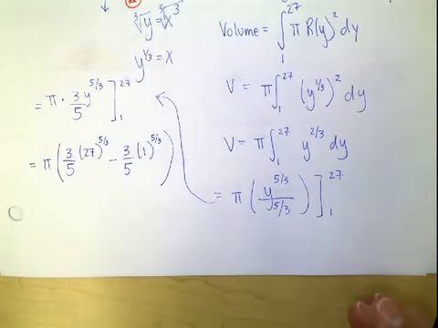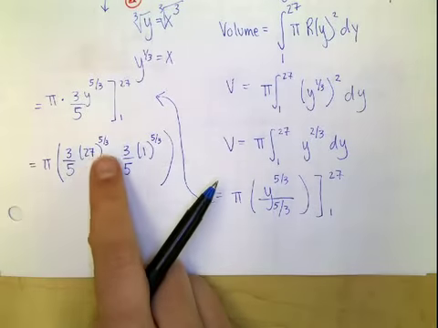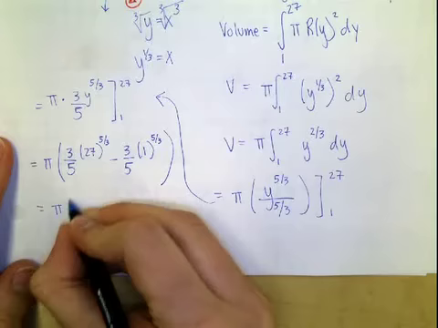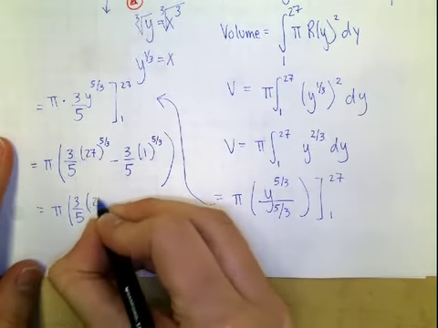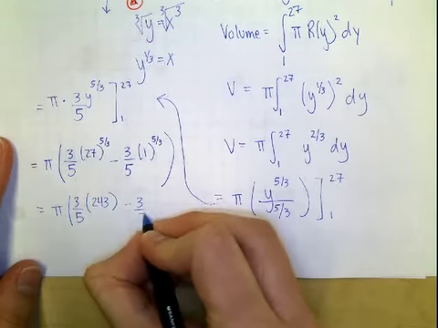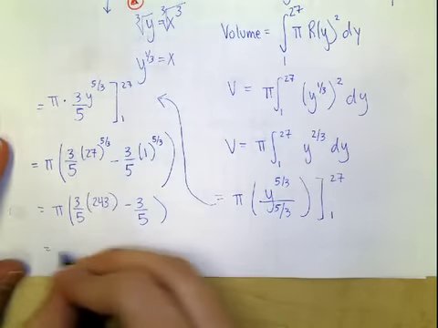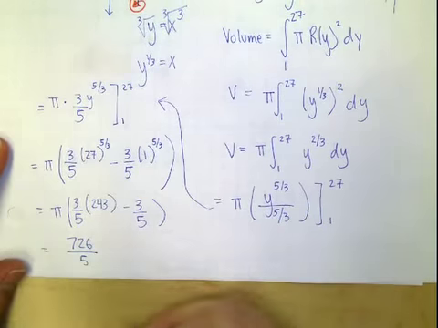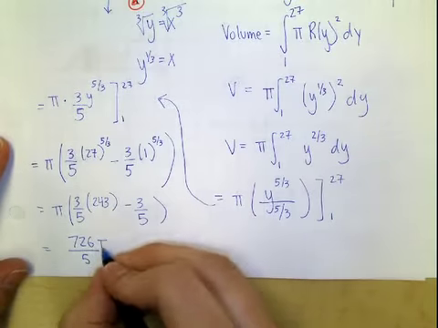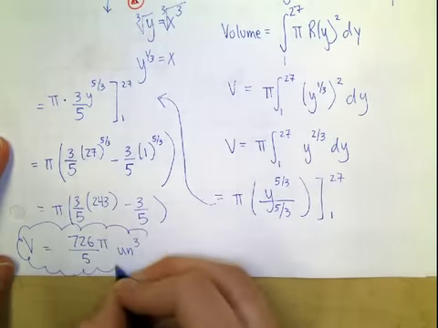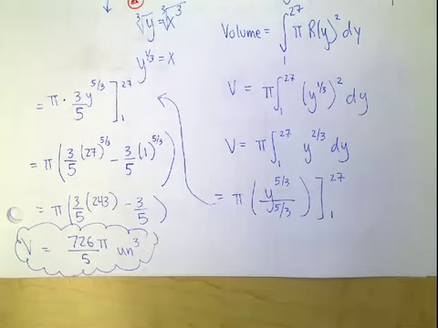It might get a little messy here, but we can either plug all this into a calculator or do it by hand. 27 to the 5/3 power means you cube root it and then raise it to the 5th. So it's a big number. This is going to be pi times 3/5 times 243 when you do that, minus 3/5. So multiply all this by 3/5, subtract the 3/5, do the math, and we end up getting 726/5 when you clean it up. And there's a pi, so 726 pi/5. Since this represents our volume, I'll write units cubed, and I got an answer. That is the volume of the object spun around the y-axis. So disk method, that's basically the rundown. Hopefully that helped, and we'll